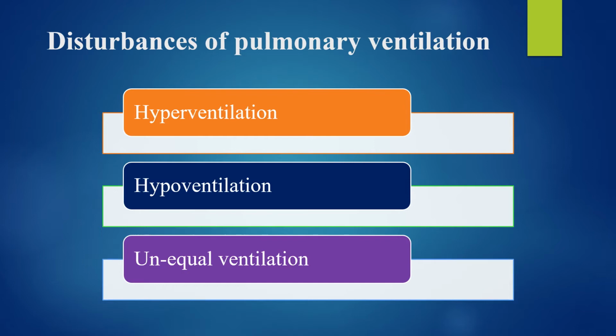Hypoventilation means decreasing of rate and depth of ventilation. We will talk about this next, but now in brief about uneven ventilation. What does uneven ventilation mean? Uneven ventilation is observed during decreasing of elasticity of the alveoli, for example, in emphysema, impaired bronchial obstruction, for example, bronchial asthma, and the formation of exudate in the alveoli, for example, during pneumonia. Moreover, in the part of the lungs that is involved in the pathological process, ventilation decreases and the healthy part relatively increases.